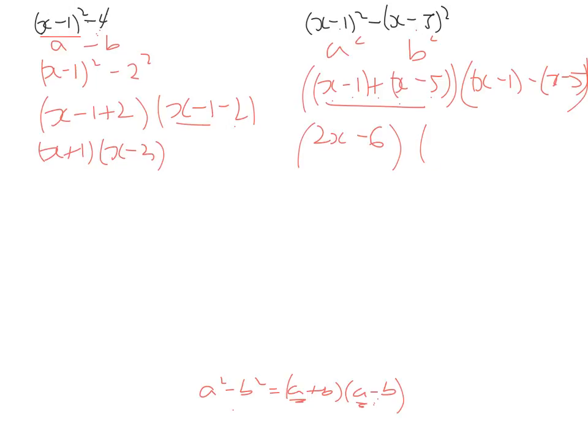Over here in our second set, x minus x will cancel them out. So we've got negative 1 minus negative 5. So this becomes negative 1 plus 5. So we've got 4. So if we were to factorise that, that's what we end up with there. So the same as 2x minus 6 times